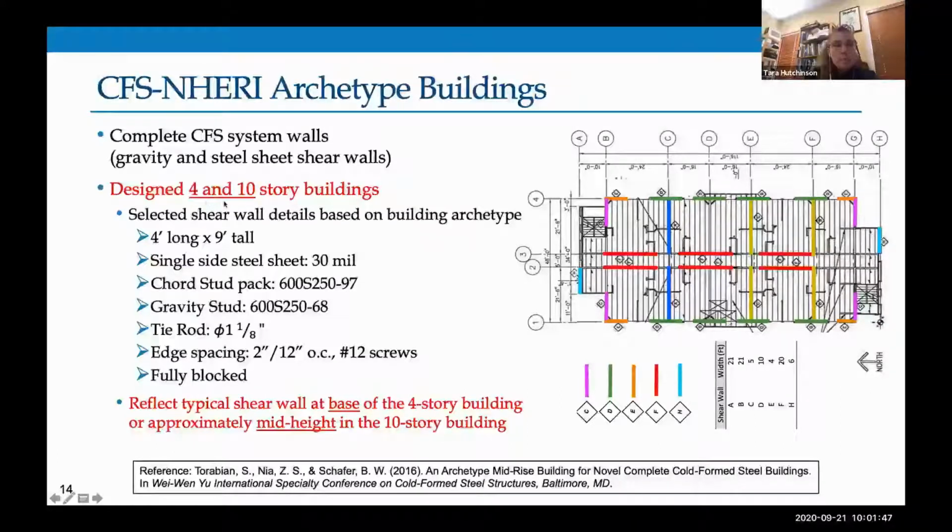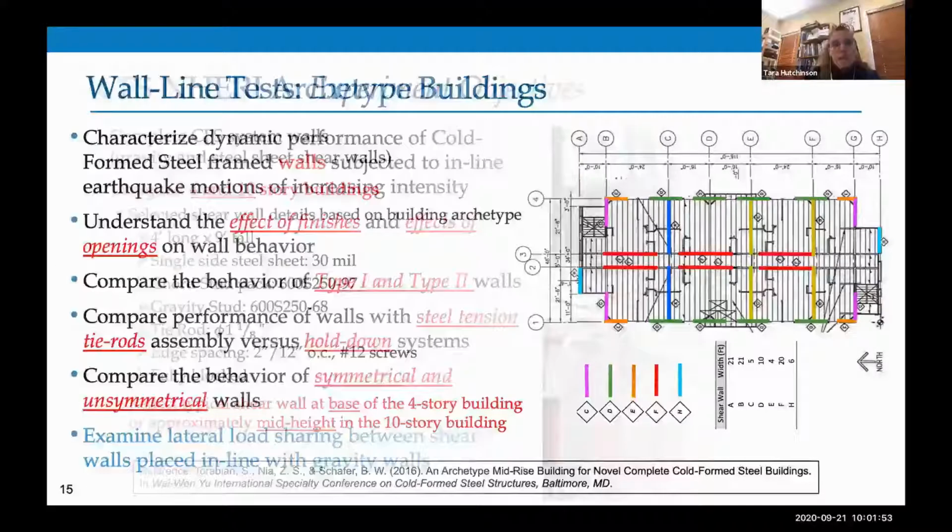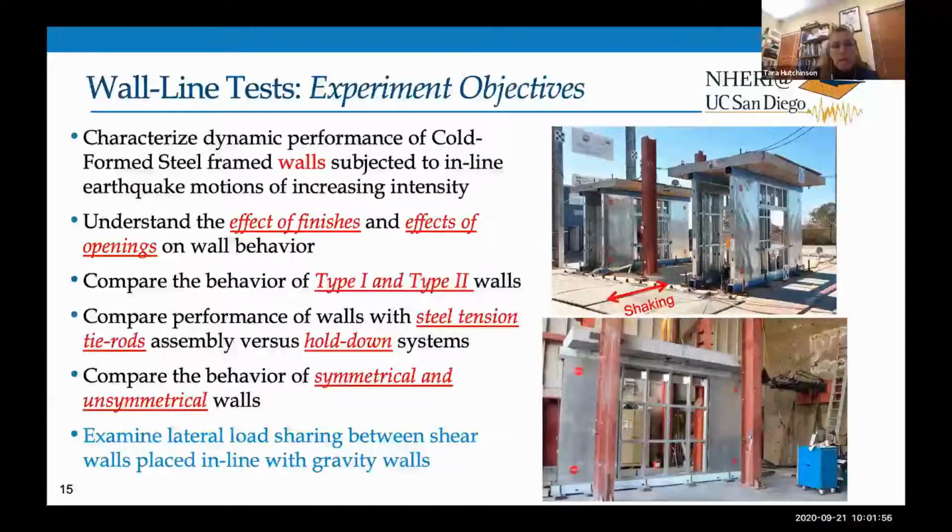We tried to help expand this thought process to very tall CFS frame buildings. So you see a simple layout here. This is actually going to guide us in our 2020 test program, actually, the work that was done as a part of that effort. And then to get ourselves started in understanding this issue of non-designated systems,